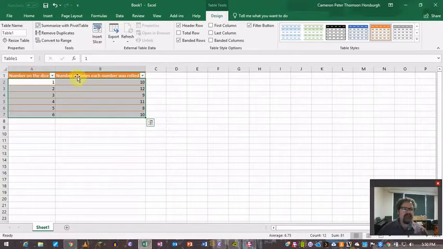I don't need the headings in here. That just confuses it if I try to do that. But if I start it from that cell and drag down to there, I've highlighted all of the numbers we're going to be graphing. Now from here, I want to insert